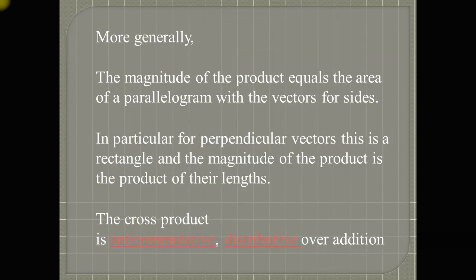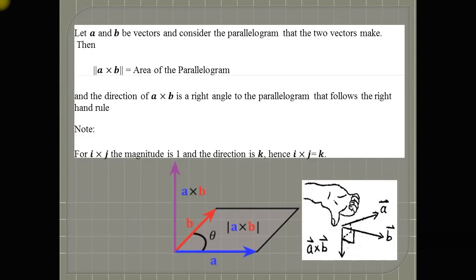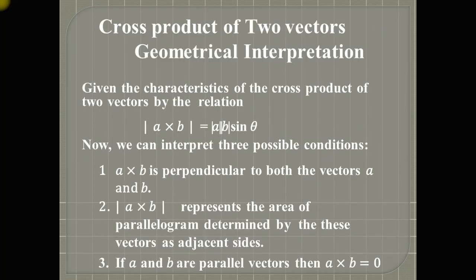So we can find the magnitude of A cross B by using this formula: |A cross B| is equal to |A||B| sine theta. But how do we find A cross B on the left hand side? If we have the angle, then we can easily find the magnitude of A cross B by putting in the magnitude of vector A, the magnitude of vector B, and the value of the angle theta, and calculating.